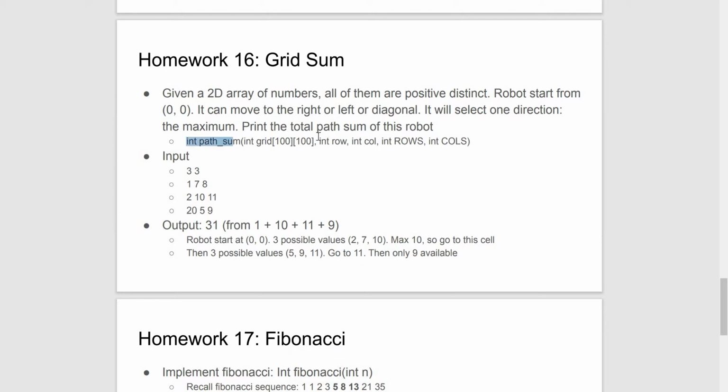Look at the signature first. He's called it path sum, I've called it grid sum. It uses the array, a very large one. I've decided to reduce it to 10 by 10 to avoid a huge amount of memory on the stack. Then our total number of rows, total number of columns, and these last two values are actually kind of our starting position for the robot,